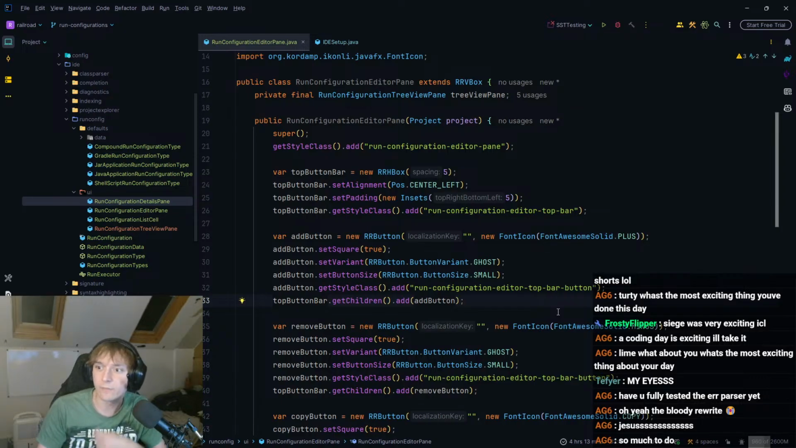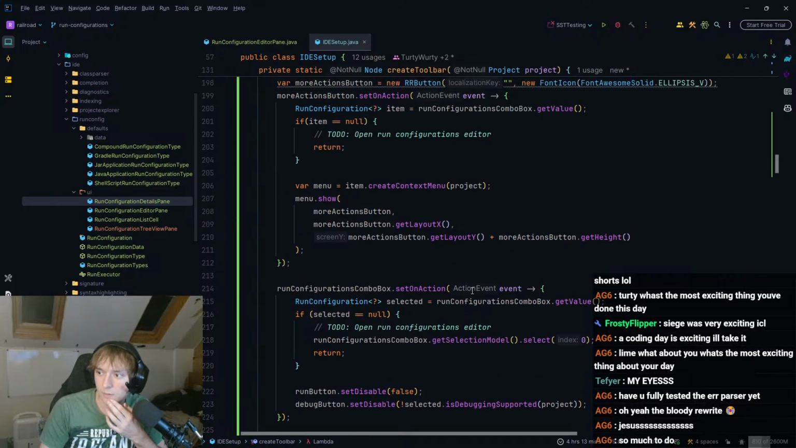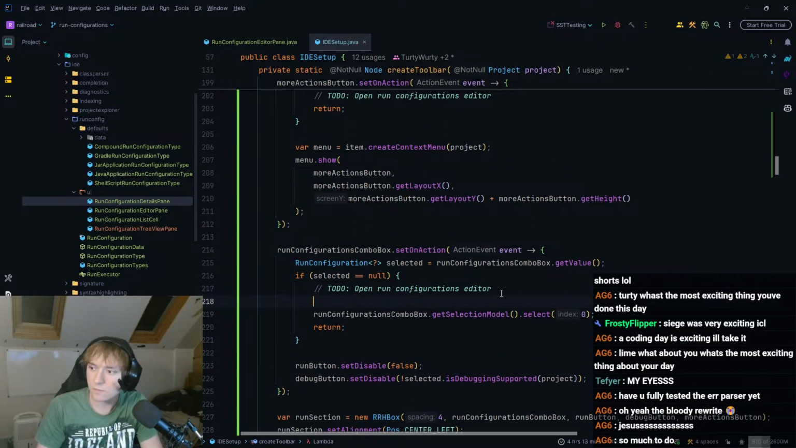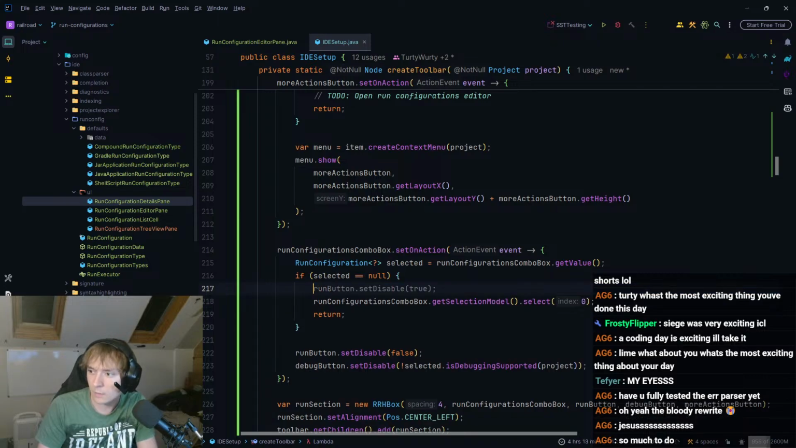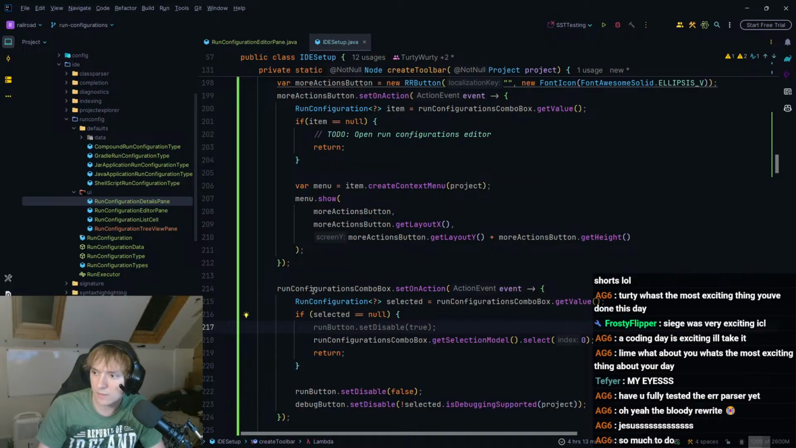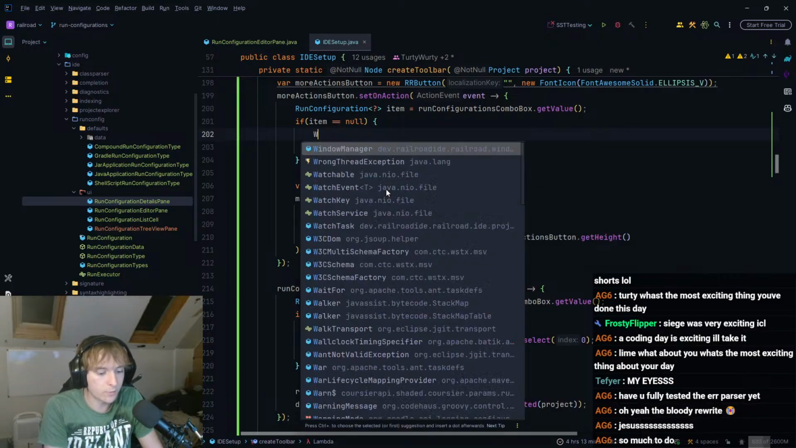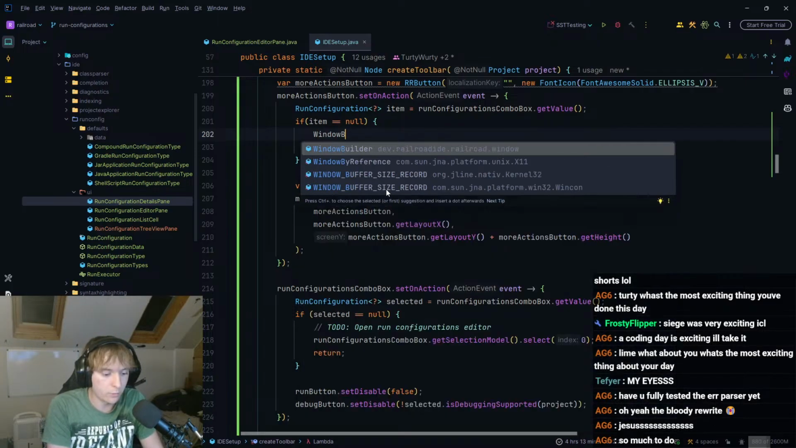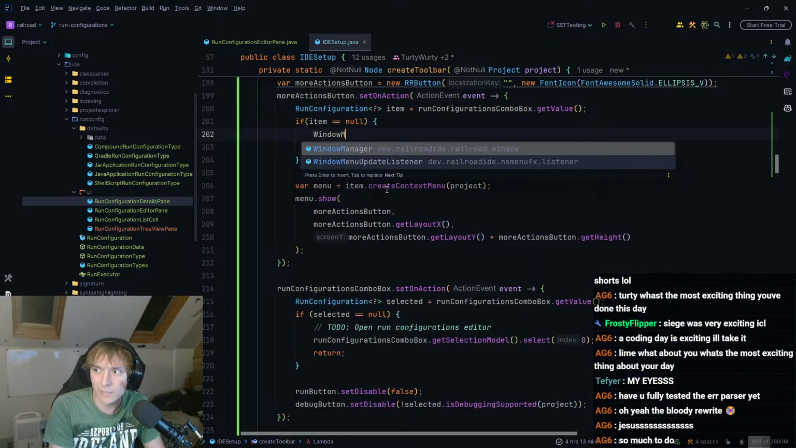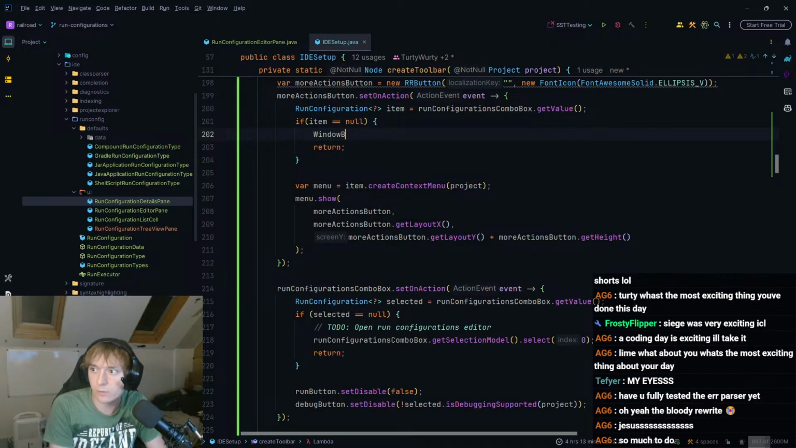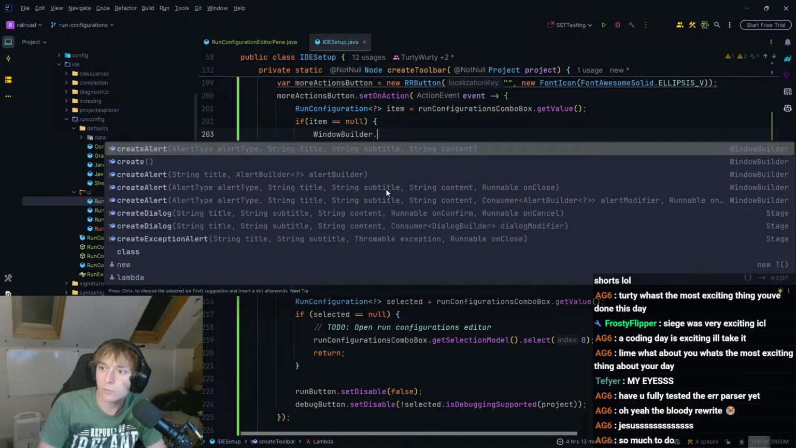Or actually, we'll leave that for a second because that's going to be a little bit of a pain in the butt. Let's do this first. So let's go ahead and do... that wants to disable the run button. Maybe we'll come back to that. So we want to create this as a new window, right? So we can use our lovely window manager. No, it is window builder. So window builder.create,